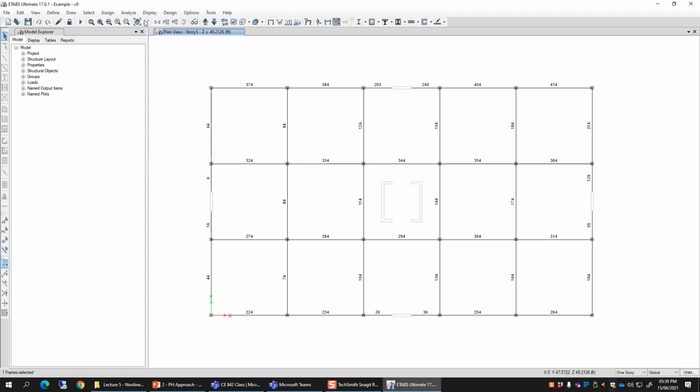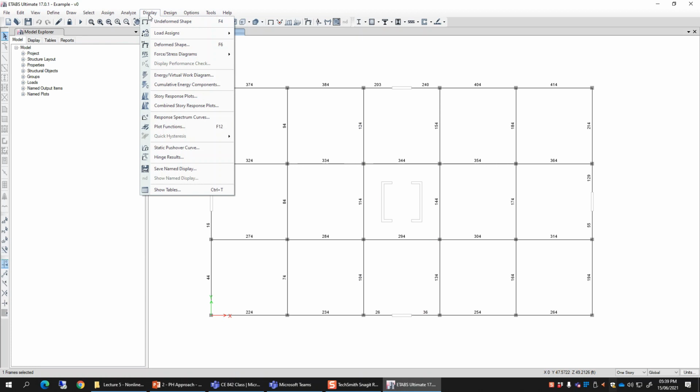So I think that's all about this hinge results discussion, and we can extend our discussion further to columns. But before going to columns, I want to show you one more result which you can extract from the nonlinear